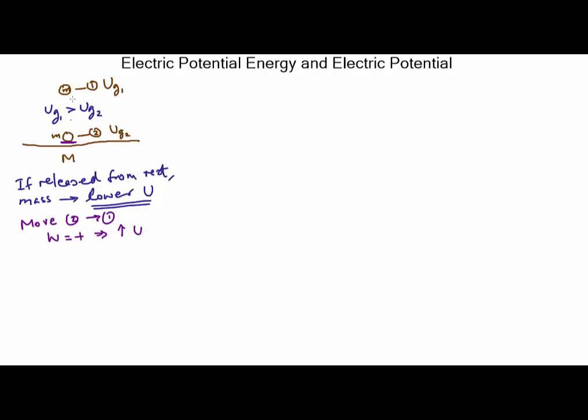And rather than drop it at point 1, if I were to steadily lower it, the normal force from my hand is still upward, the displacement is downward. So if I go from point 1 to 2 at a steady speed, my work done would be negative. Force and displacement are in opposite directions, which gives me a negative work, and that implies a decrease in potential energy. So that's a quick review of Physics 1 concepts, and it's interesting to see that very similar things happen